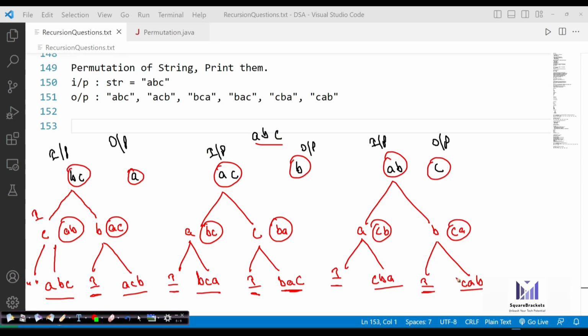That's it. This is going to be the answer now. So how come this is our answer actually? For this particular example, when you have initially ABC, first we have BC and A, input and output, then AC, B, and then ABC. So first we divide BC again into input output, then AC, then AB. So this is how our recursion tree is going to be built here. I hope it's clear to you what exactly is going to be the solution for our permutation question. So this is how we have to build our recursion tree.